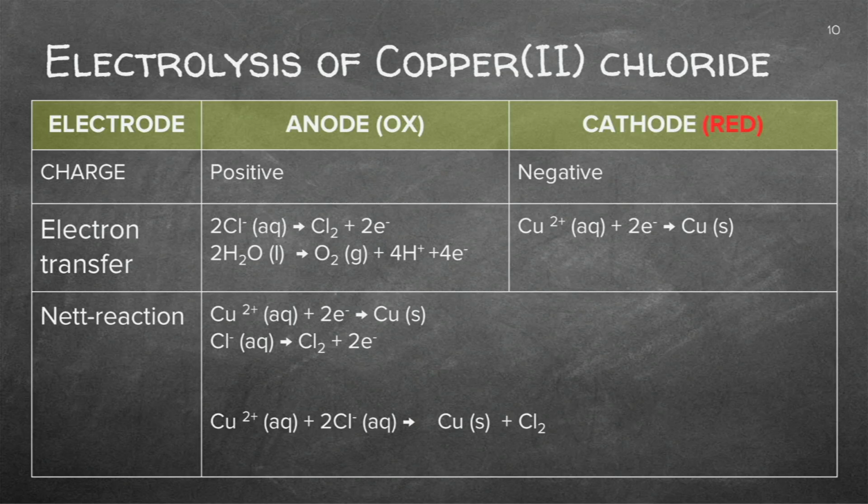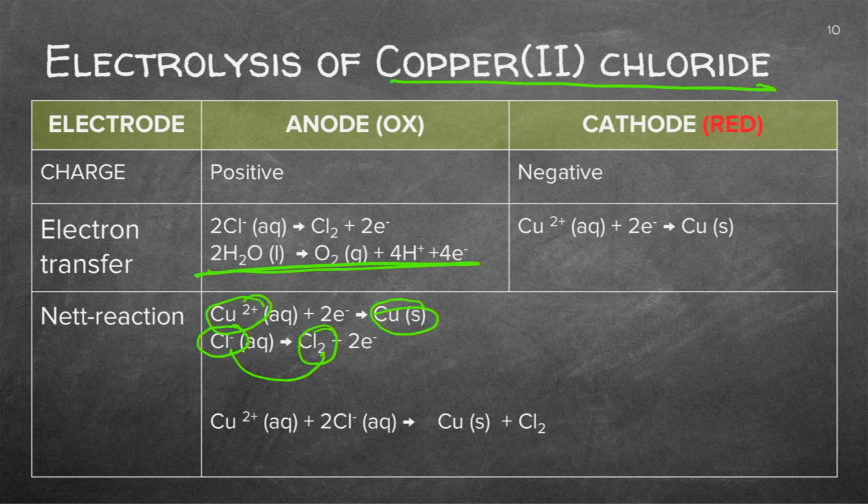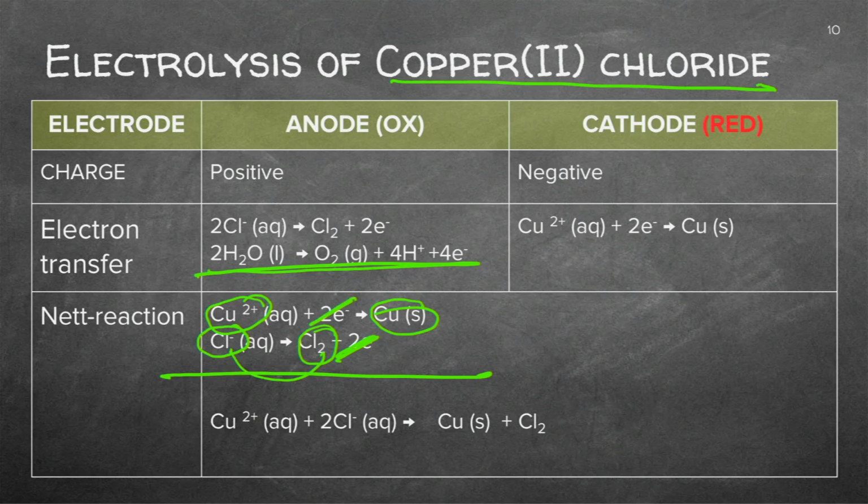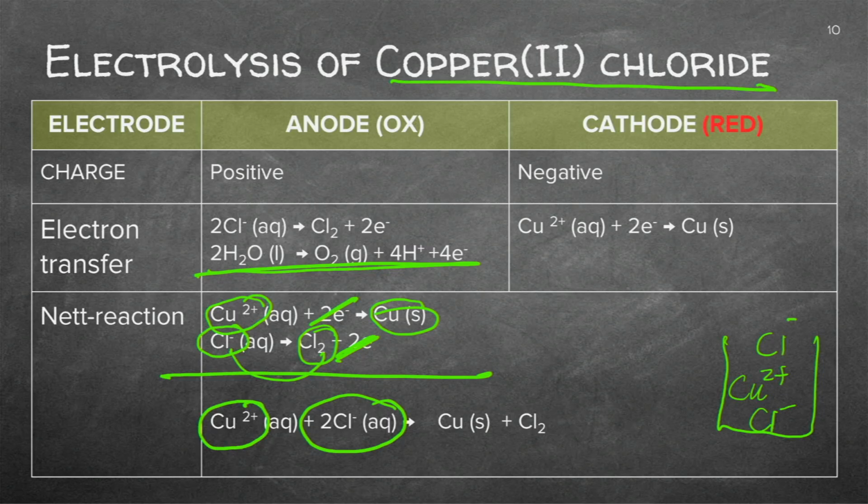Right, we've got copper 2 chloride, where the copper will become copper solid and the chloride will become chlorine gas. We know we've got water in there as well, but it's not active in this reaction. It's similar to all the previous examples. You then add these two together, 2 electrons there, 2 there, so it's easy. It's the copper 2 plus ions with the chloride ions, and remember, in this little beaker you had copper 2 plus and Cl minus, 2 of them.